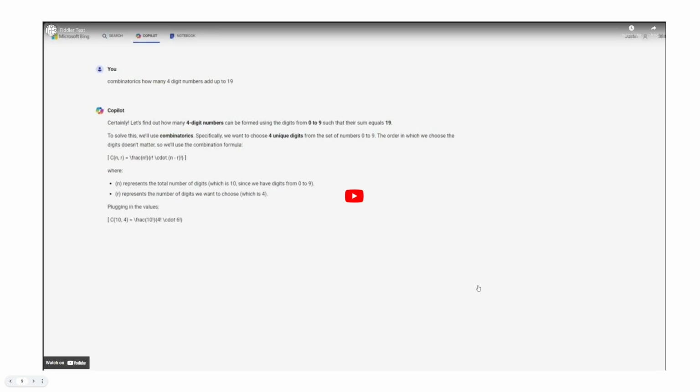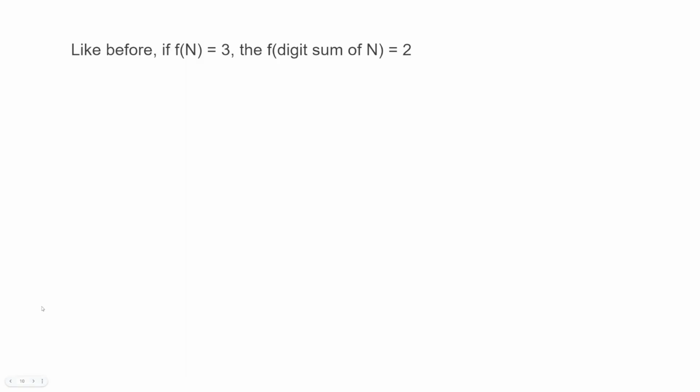I think you have to enumerate all the ways to add up to digits with f of n equals 2, and I'll show you what I mean in a second. So this is the most efficient way I could think of, and if there's a better way, please tell me. So like before, if f of n equals 3, then if I take the digit sum of n and I take the function f of that number, that f will be 2. Right? So to think about all of the numbers less than 10,000 where f of n is 3, I'm going